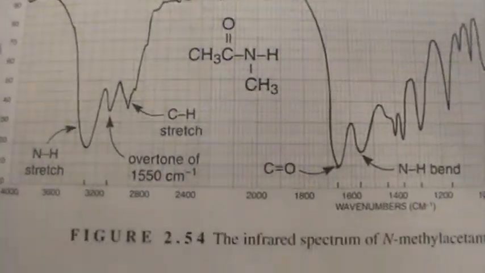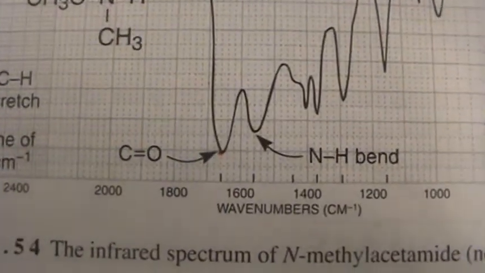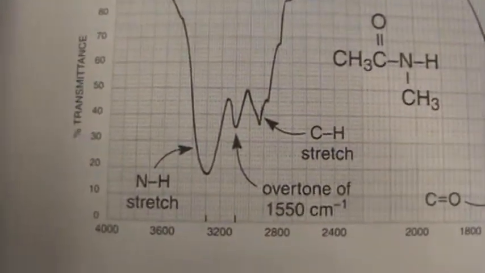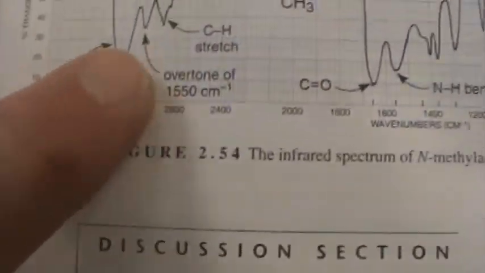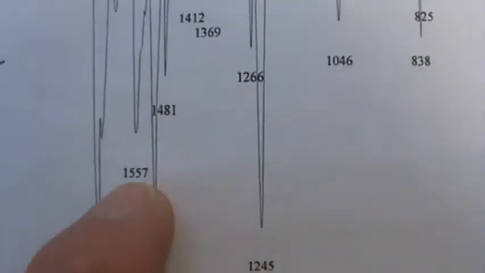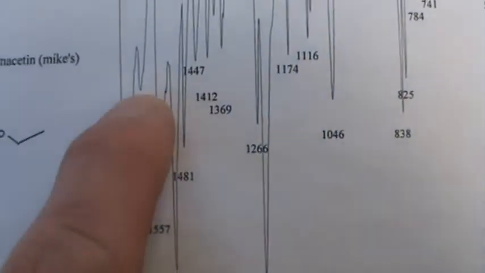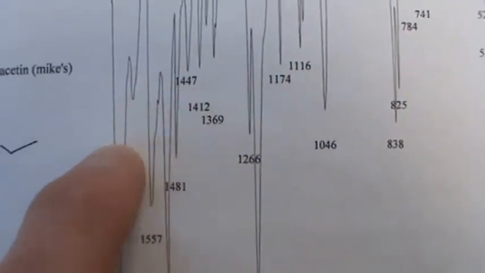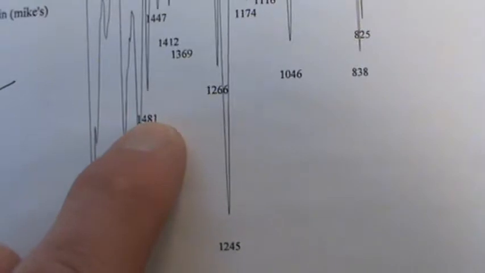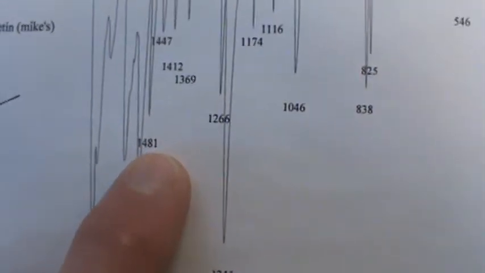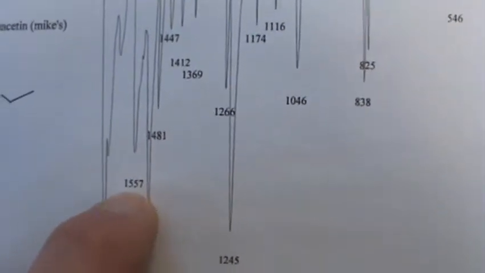So folks, this obviously notifies us that if we see a peak roughly 1550-ish in that region, there should be an overtone roughly twice that number. So we go back, and lo and behold, we do have a nice 1557 peak. It turns out that the 1600 peak with this 1509 and the 1481 would be the aromatic ring stretching, but the 1557 peak